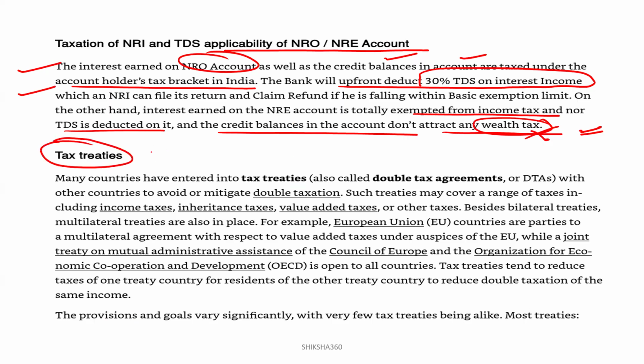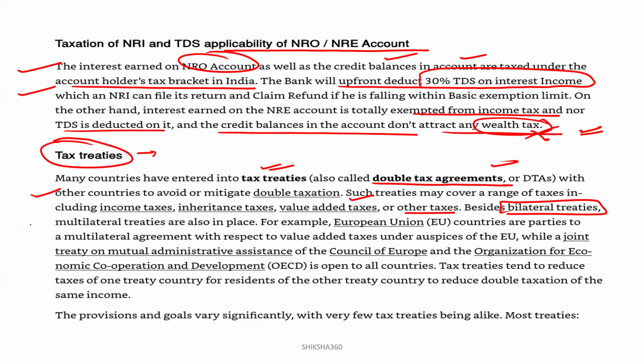So, tax treaties, that is agreements. Many countries have entered into tax treaties, also called DTA, that is double tax agreements, with other countries to avoid or mitigate double taxation. Such treaties may cover a range of taxes, including income taxes, inheritance taxes, value-added taxes, or other taxes. Besides